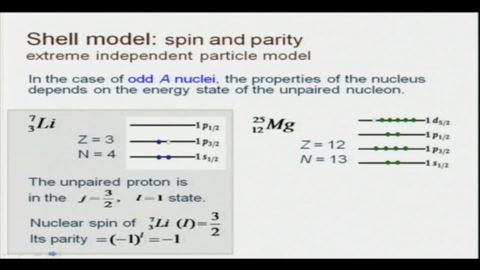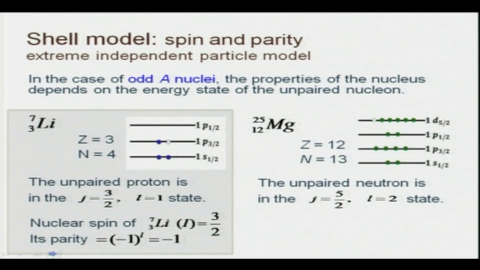These 5 in the 1d 5/2 can be thought of as 2 pairs and 1 unpaired neutron. So, the unpaired neutron in this case is in the state j equal to 5/2 and